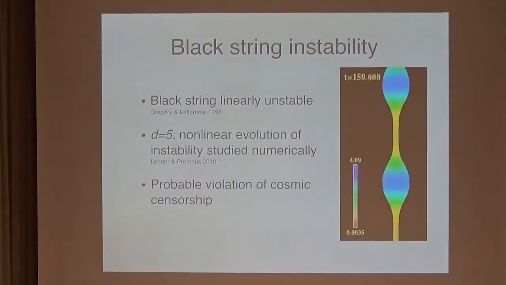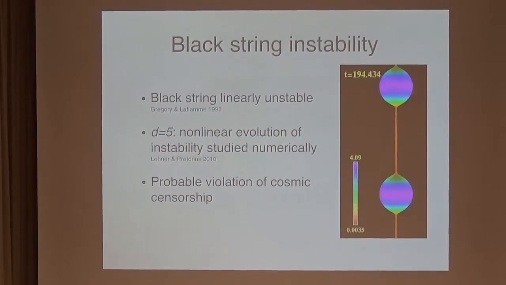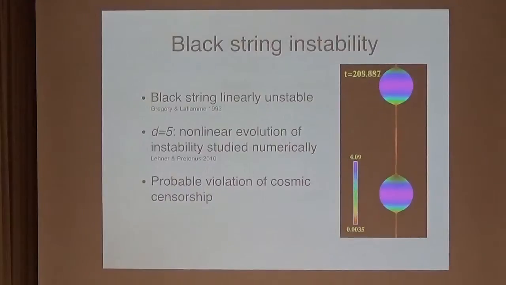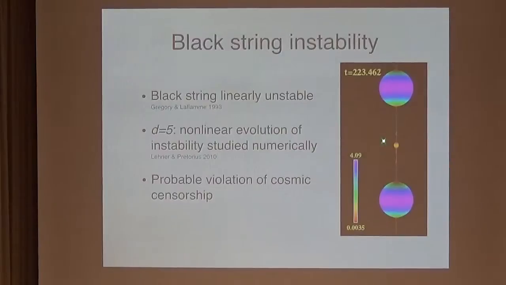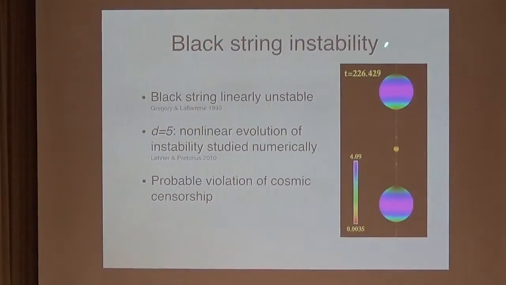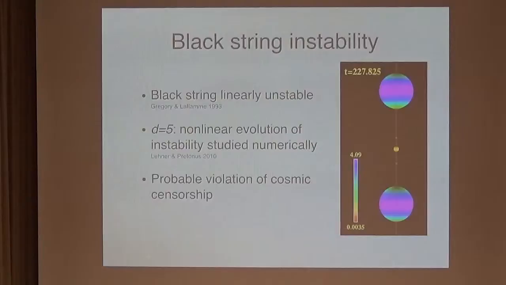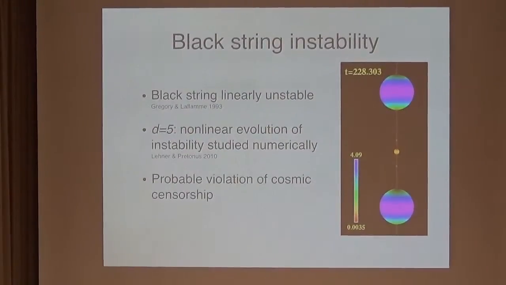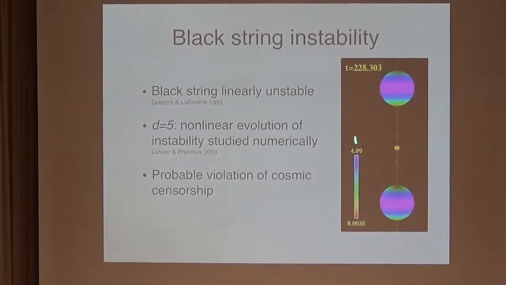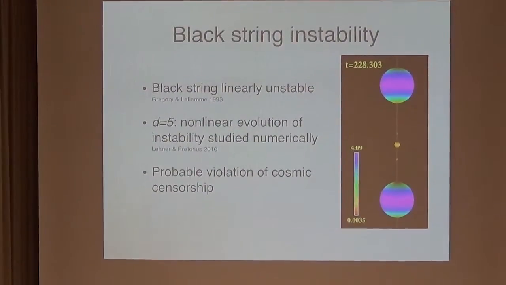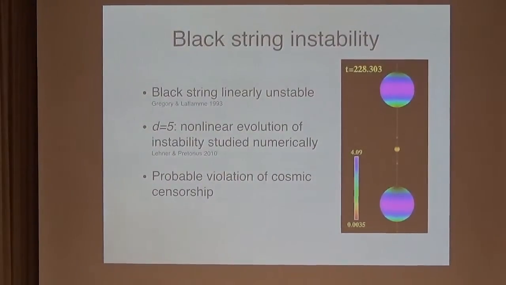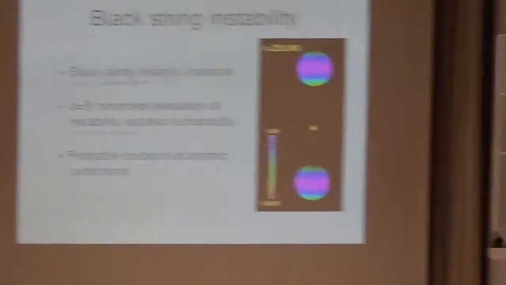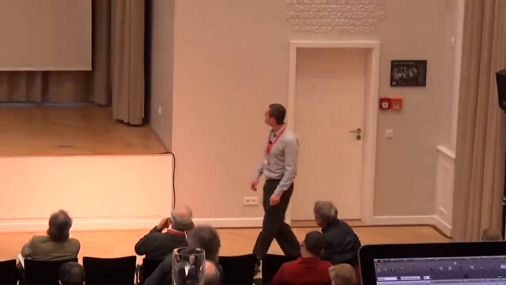So keep an eye on the time here because the rate of time is slowing down, so you can see this structure developing. So there we have this very thin string with a smaller black hole, even smaller black holes. You can see the clock slowing now. The structure is developing on smaller and smaller scales. And so what this seems to be showing is that we're getting an infinite amount of structure occurring on smaller and smaller scales within a finite time. And so it looks like this string really is trying to pinch off in a finite time. And so it's strong evidence of a violation of cosmic censorship in higher dimensions.